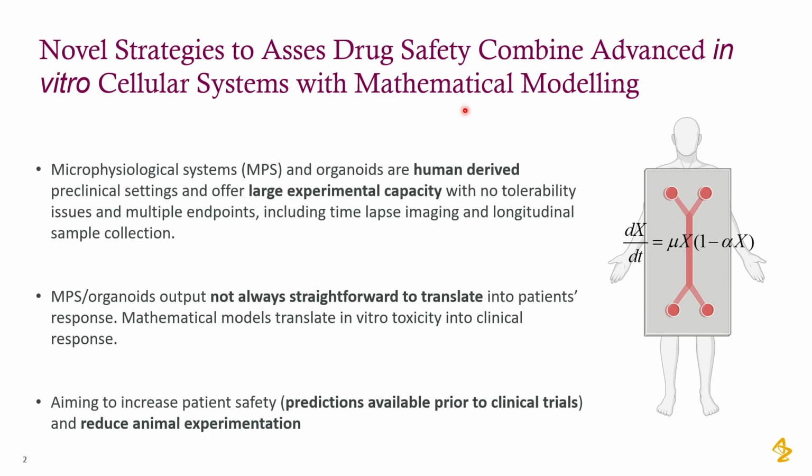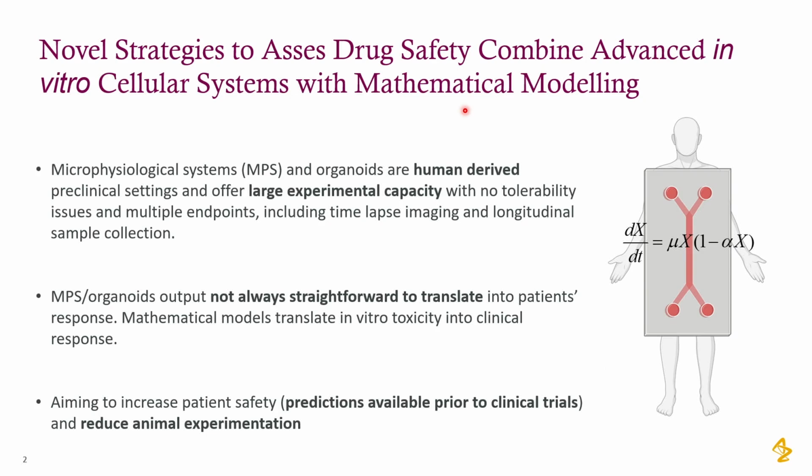So the aim is to increase patient safety, and one of our main targets is to generate predictions prior to clinical trials, because that is where it is really important to mitigate toxicity before dosing the patients,